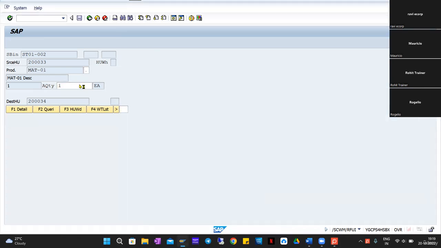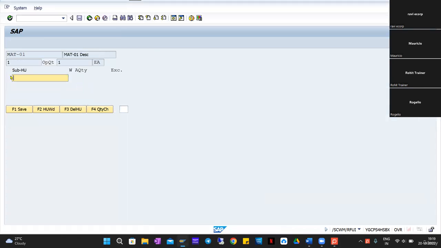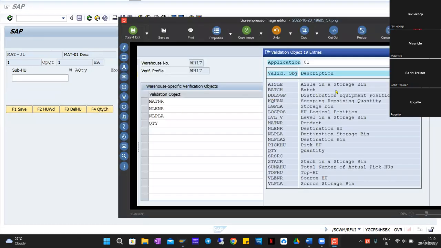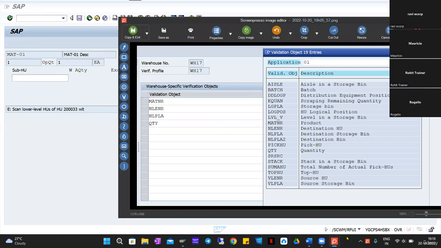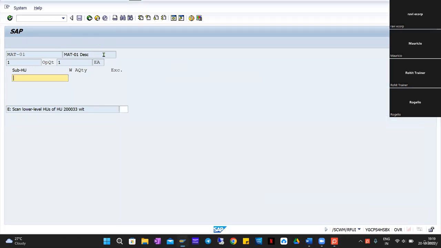So I'll enter my quantity, hit enter. Now system is asking some sub issue. You can ignore this. But you understand this concept, right? What is verification profile? Yes. Great. So this is about RF and what else? If I go back